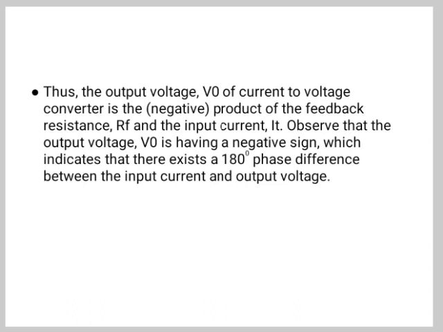So in such a circuit, the output voltage is measured first with the help of a digital multimeter, and then from the equation below the current is calculated, that is I is equal to minus V0 by Rf. Now in the high sensitivity I to V converter, the sensitivity S is minus Rf. So the sensitivity of this circuit is increased by increasing the feedback resistance.